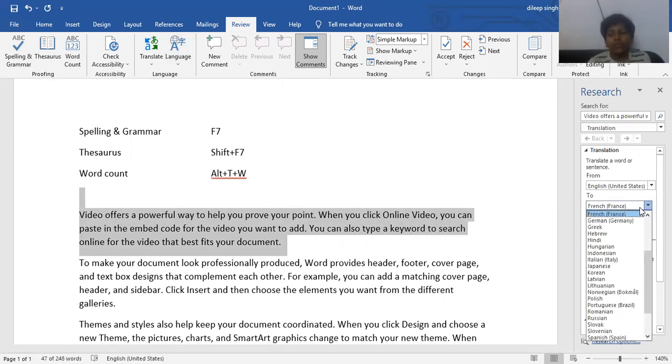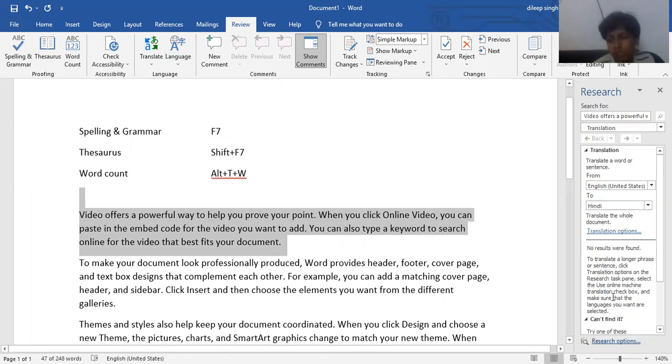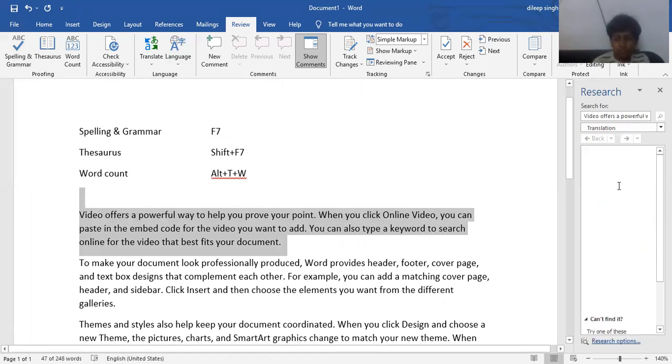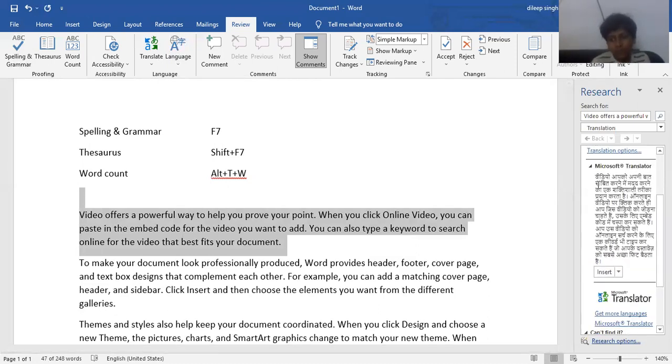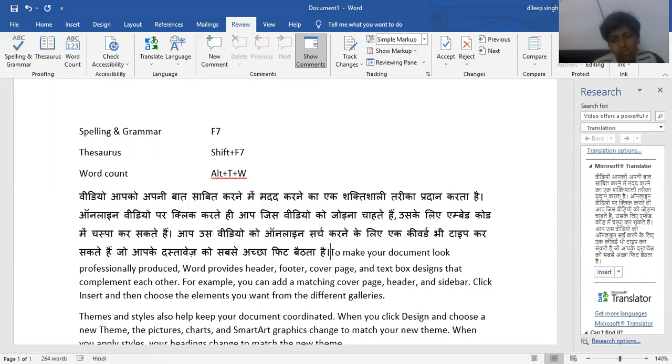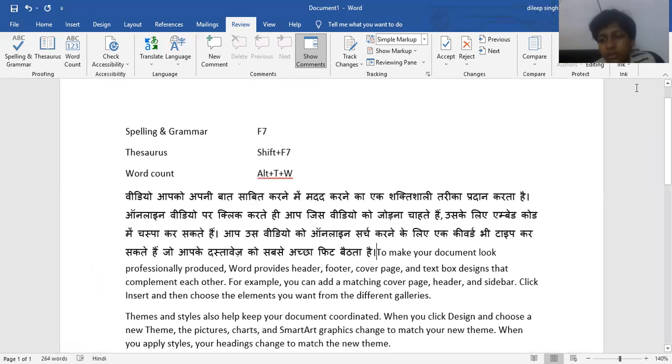You can select any language. For example, here select Hindi, and after that just click and you will get the Hindi of the selected text. And if you want to insert it, just click here. You will get the data in this format. That is the insert option. Clear? That is all about translate.